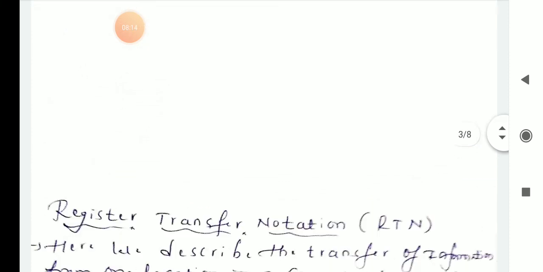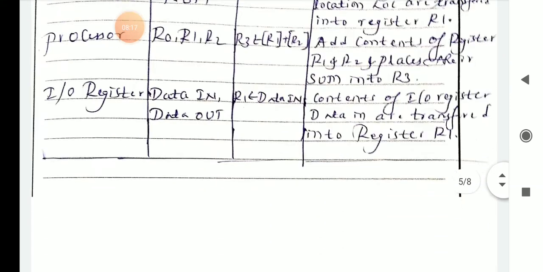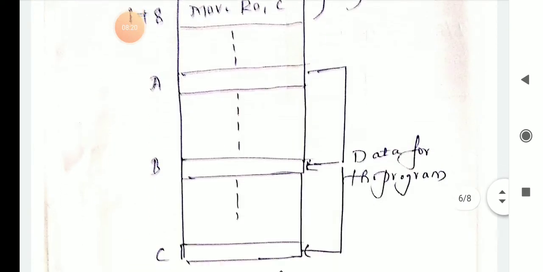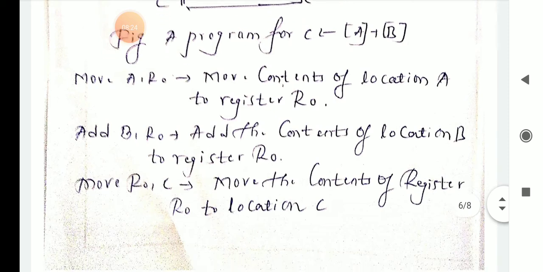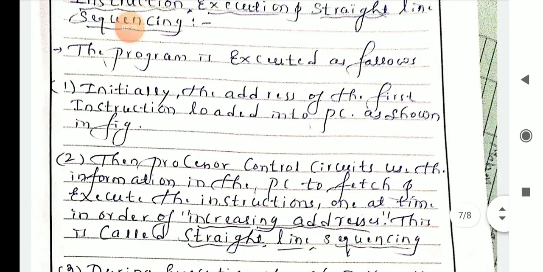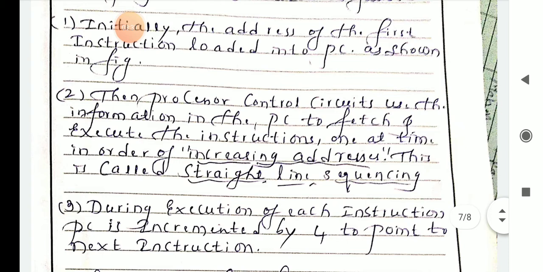Then continuing, the data for that program are A, B, C. Second, the processor control circuits use the information in the program counter to fetch and execute the instructions one at a time, in order of increasing address.